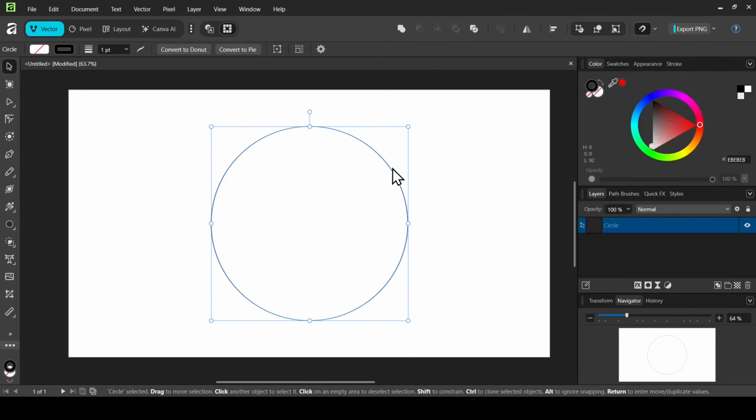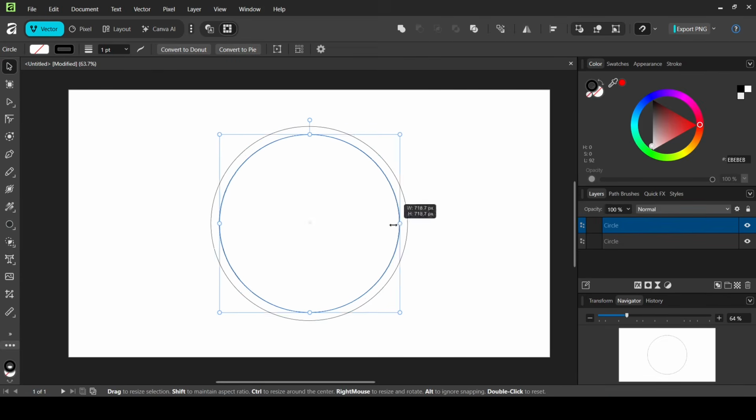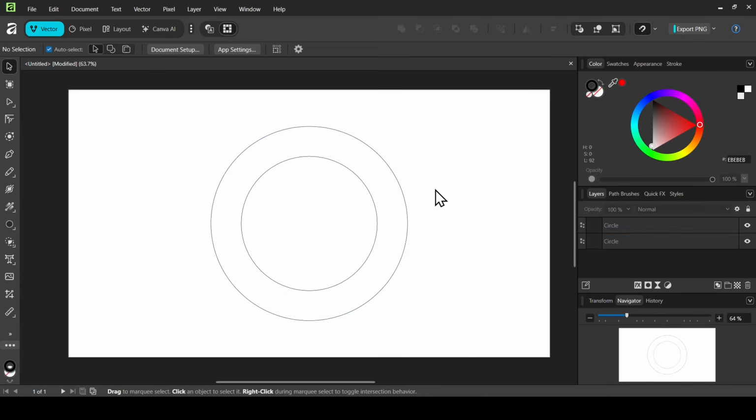So now I'm going to duplicate this circle here, Ctrl J, and now hold the Shift key and the Control key down and then scale down your layer. This will scale it proportionally. So here it is. Now I'm going to left click outside, and then I'm going to select the small circle,